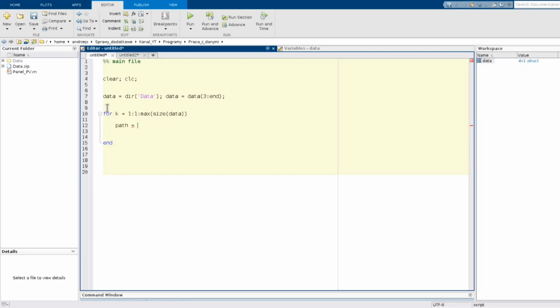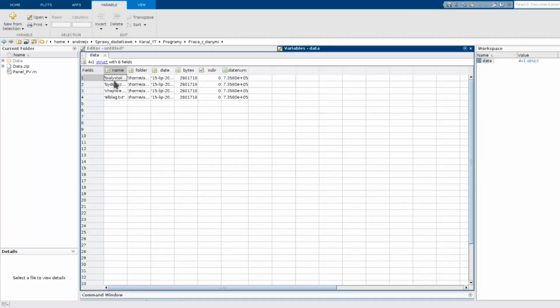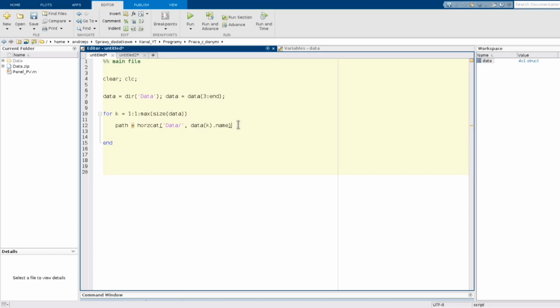Okay, horzcat data slash, and then the data, which is this particular table, element k, and the name is a field. It's here, the field name, so it will be, in case of k equal 1, Białystok, in case of k equal 2, Bydgoszcz, not important. Okay, so I have the path,